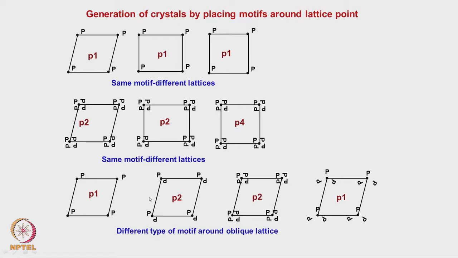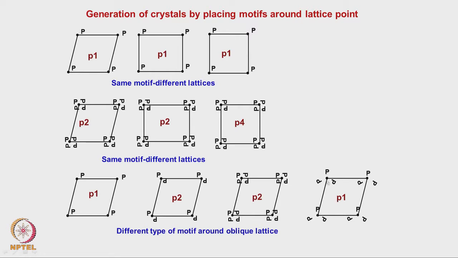Now you look here, it has a twofold rotation associated with it, the motif which has been kept, and the twofold rotation axis of that motif and that of the lattice, they match, correct? So, because of that the crystal exhibits twofold, correct? And here it is a twofold lattice onto which a motif with a fourfold symmetry is kept, but still what it will exhibit is only the twofold symmetry.